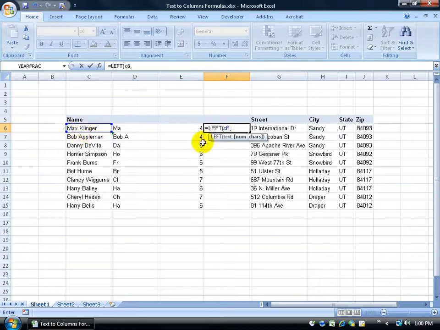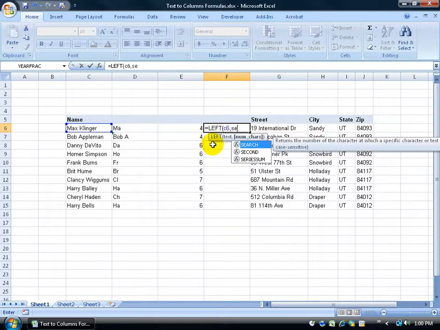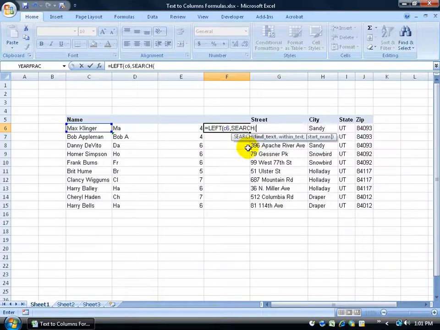So let me go ahead and continue with the search function here and type in search, and you can see it pulls up the function down below. Let me hit the tab key to pull it in, and then go ahead and find the text. The text I wanted to find was the space. So open quotes, space, close quotes, so it just looks for everything in between the quotes, comma,